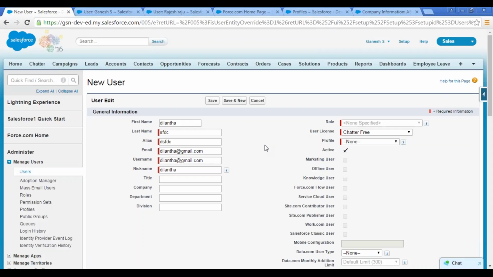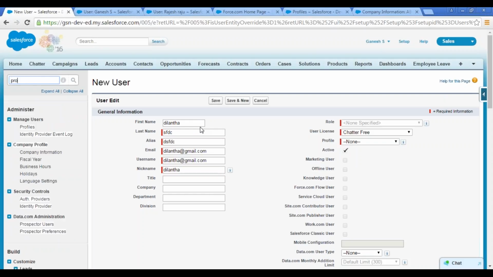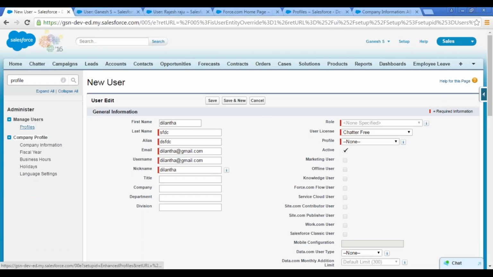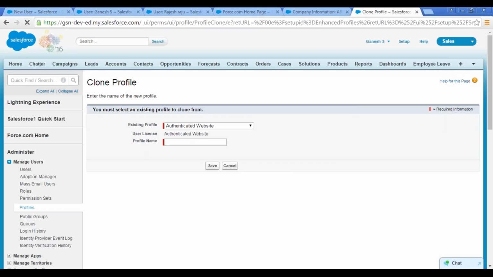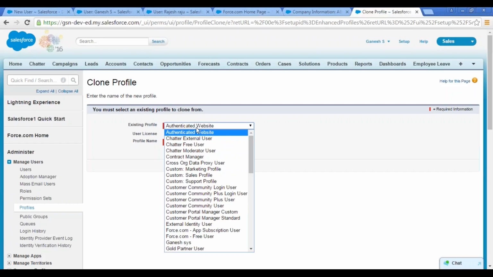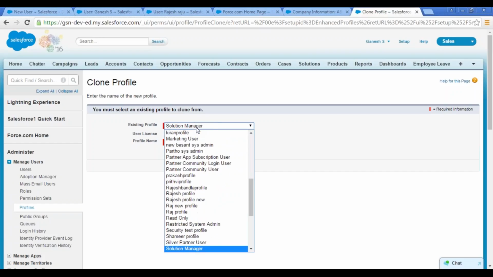Okay. So now we are going to create one more new user with a Salesforce license and a new profile. So how to create a profile? From settings, click on Profiles. It will take you to this page. Here, click on New Profile. It will ask from which profile you want to clone it. As I said yesterday, you cannot create a profile from scratch in Salesforce. Always you have to clone it from the existing profiles. So from which profile are we going to clone it? System Administrator. So search for System Administrator,